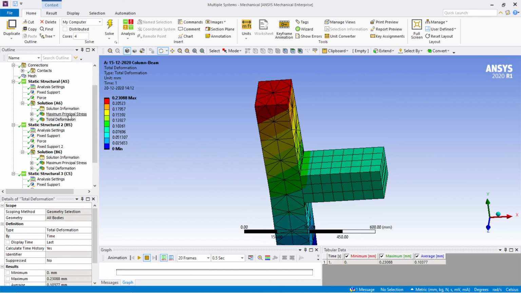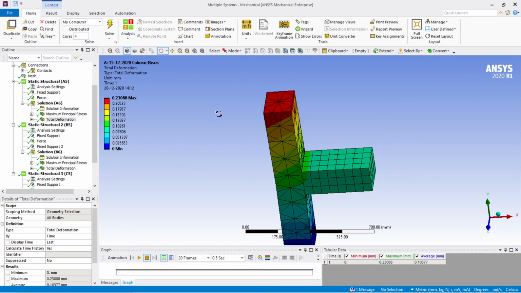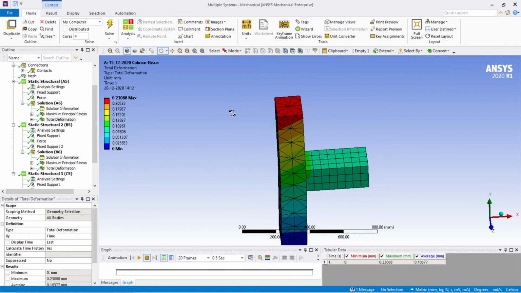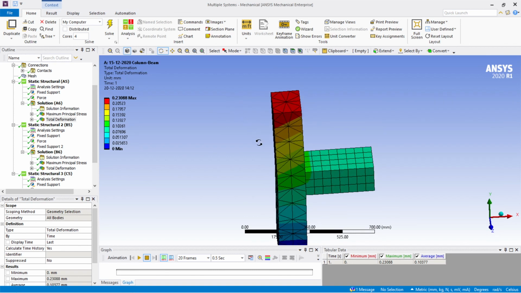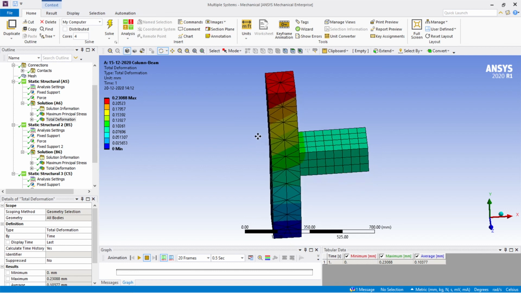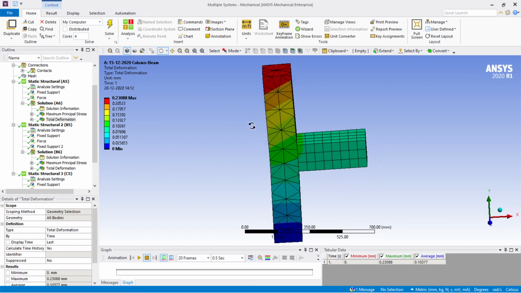Our concrete being a brittle material, the maximum principal stress criterion is taken as the failure criterion, not von Mises. For mechanical engineering people, they mostly deal with steel elements and other things, so they will take the equivalent stress, that is von Mises.